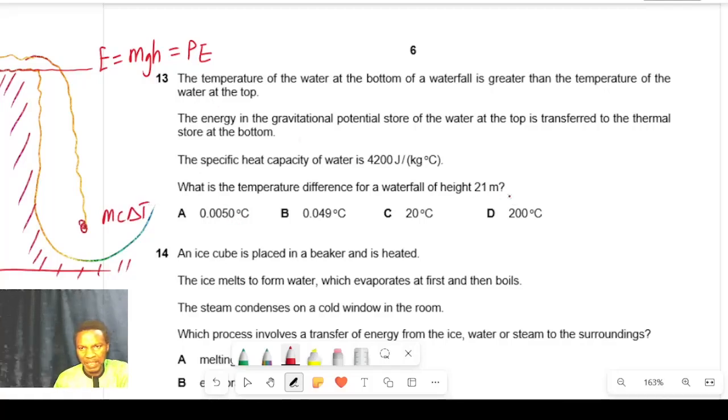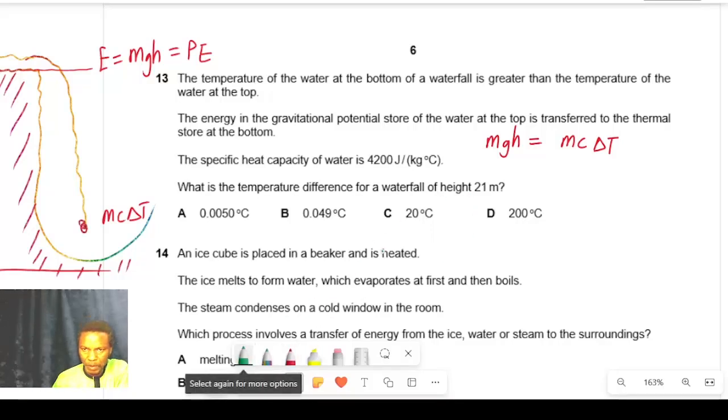If you equate that, you have mgh is equal to mc delta t, which is the temperature rise. Based on this, the mass is equal, so the mass cancels out, the water that drops. So then we are looking for delta t,